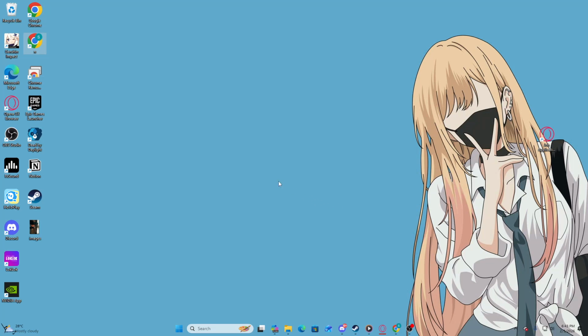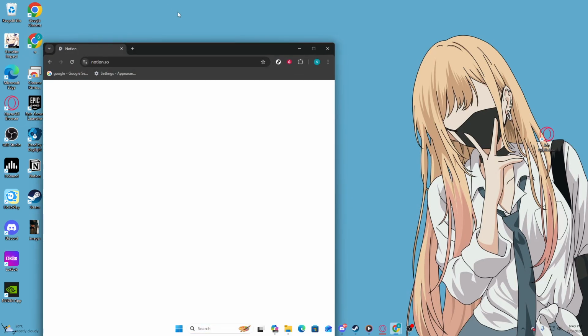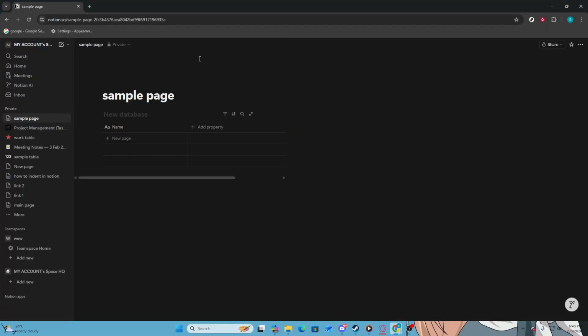In this video, you'll learn how to add subtasks in Notion. By the end of this guide, you will be able to organize your tasks more effectively by utilizing the subtask feature within Notion. Begin by navigating to the Notion website, open your preferred web browser, and enter the address Notion